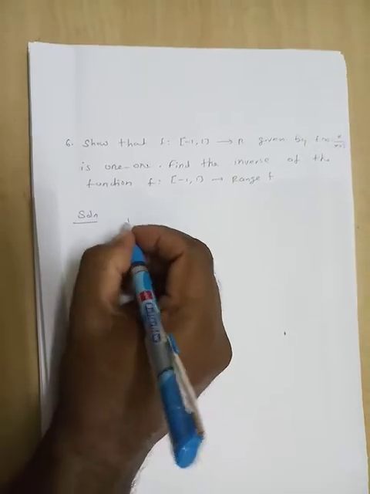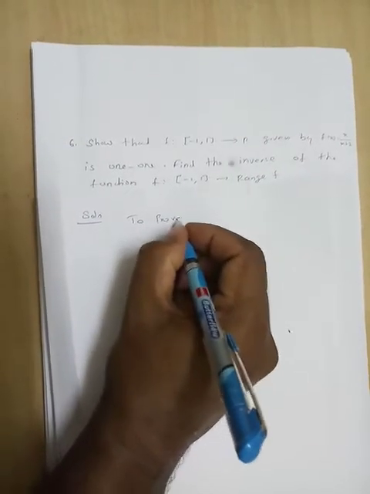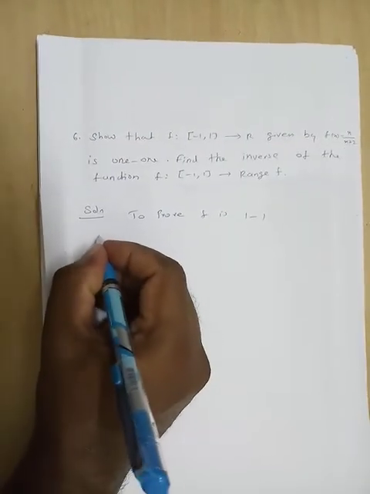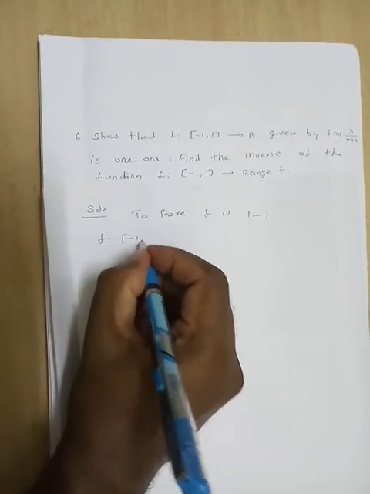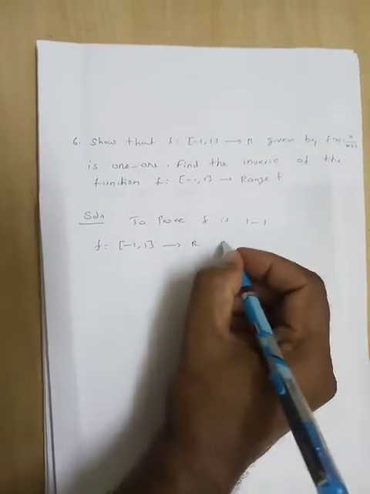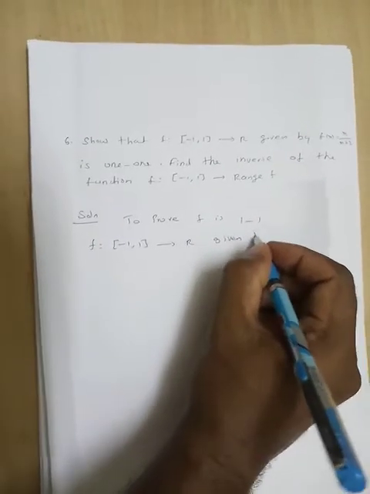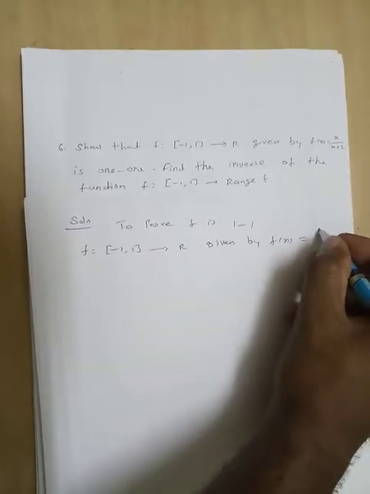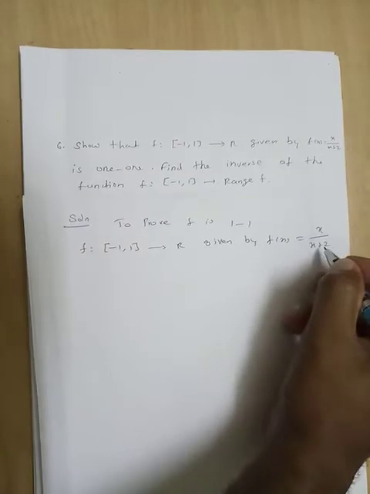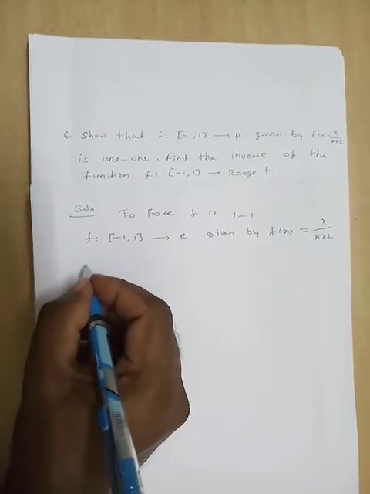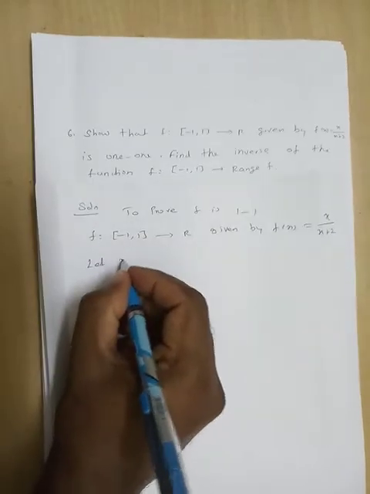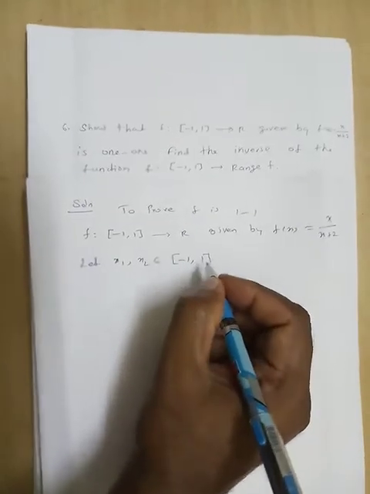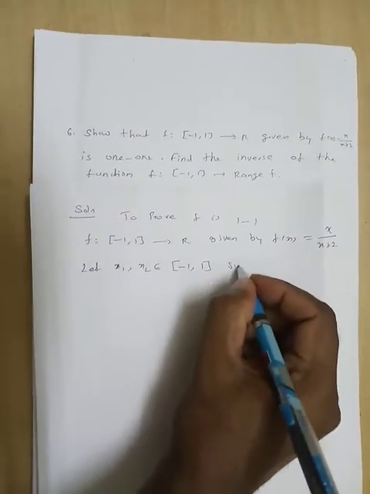Case 1: to prove f is 1 to 1. Now f from the closed interval minus 1 comma 1 to R is given by f of x equal to x divided by x plus 2. Let x1 comma x2 belong to the closed interval minus 1 comma 1 such that